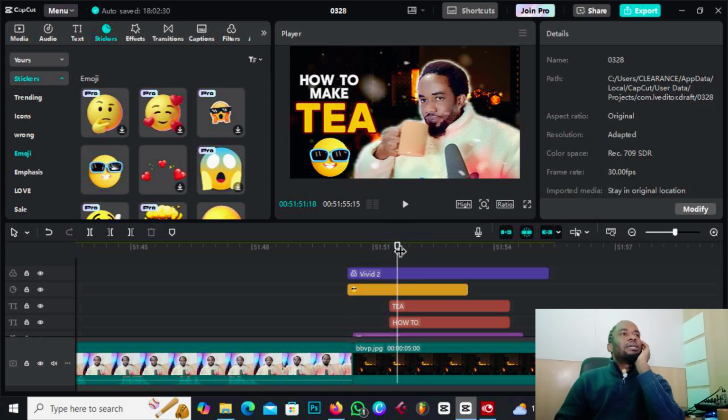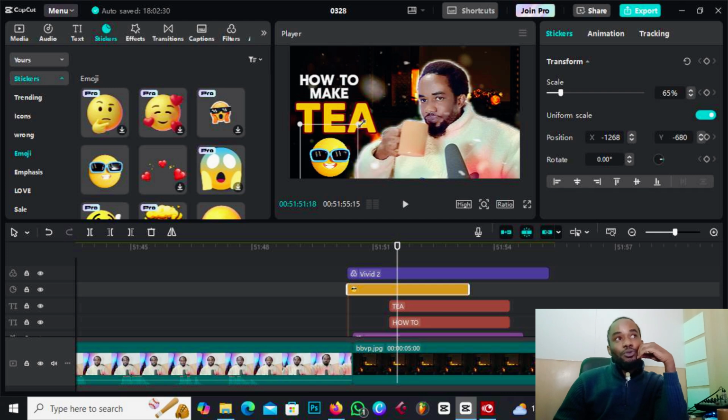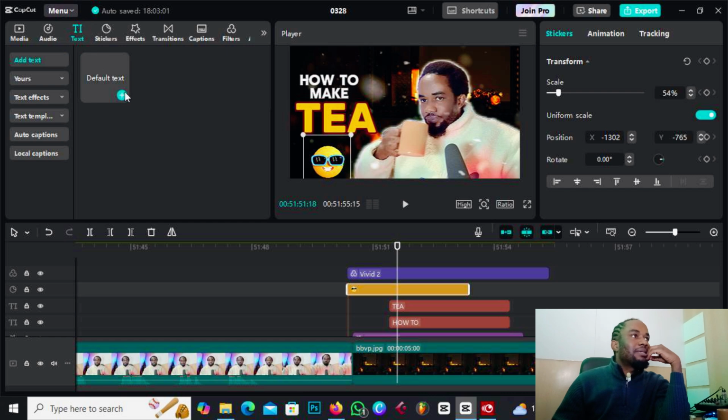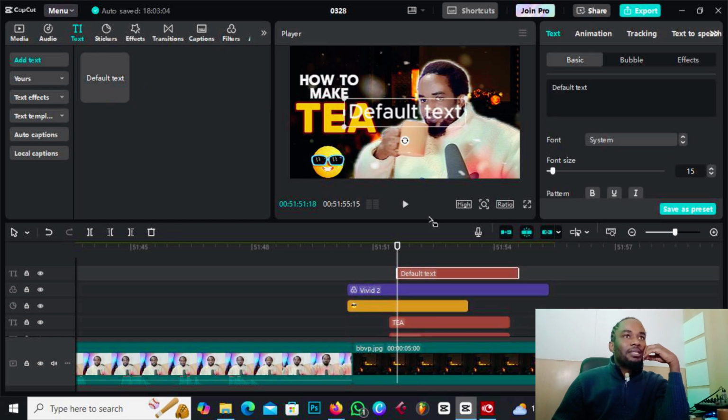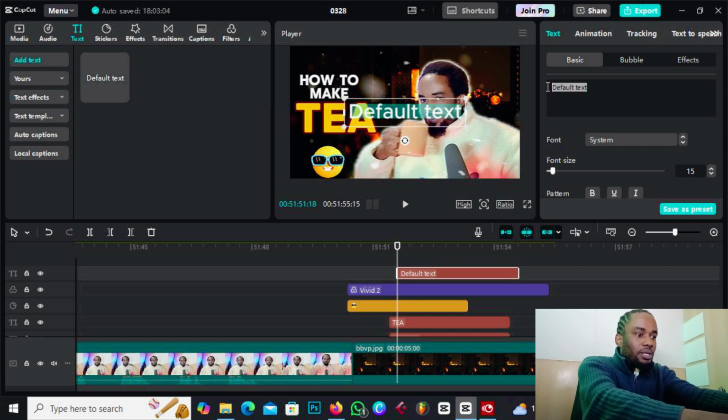How to make tea. I think I should add on winter to this, at the top: how to make tea for winter, or during winter. So what I will do now is to reduce this, come back to my text, add a different text layer and write during